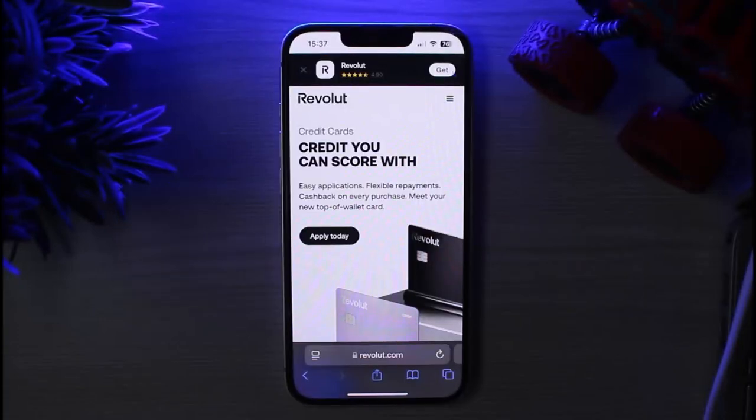In this video I'll show you how you can get a Revolut credit card, but before that please do make